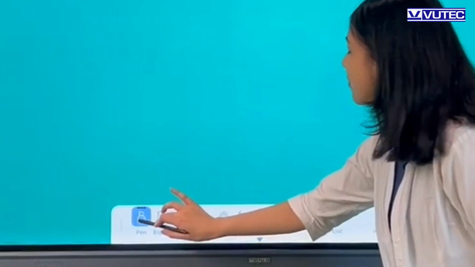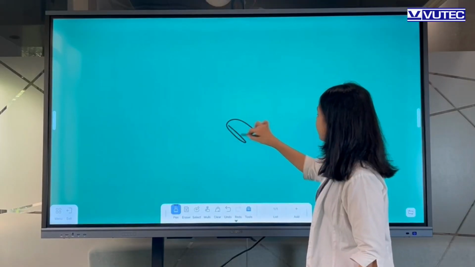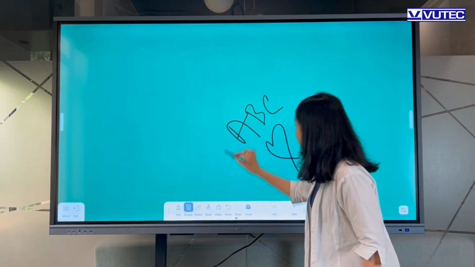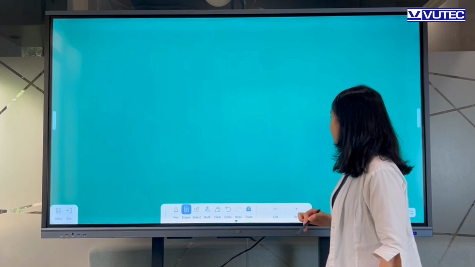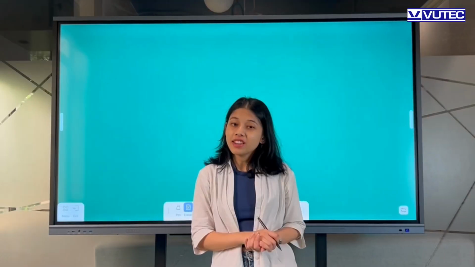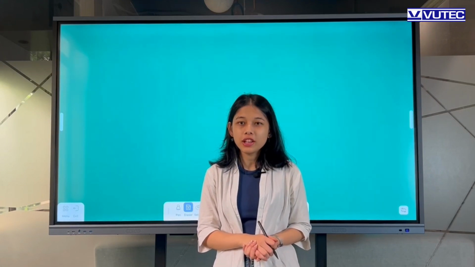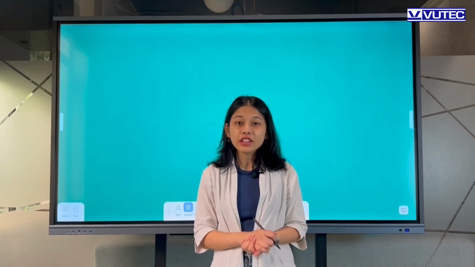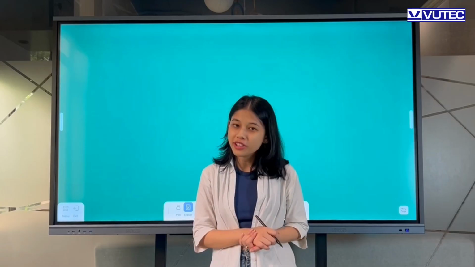With advanced touch technology, you can write, draw, and erase with ease just like you would do on a traditional whiteboard. Whether it's illustrating complex scientific concepts or breaking down historical events, the possibilities are endless. The whiteboard functionality is not only user-friendly but also highly responsive, ensuring that teachers can focus on delivering quality education